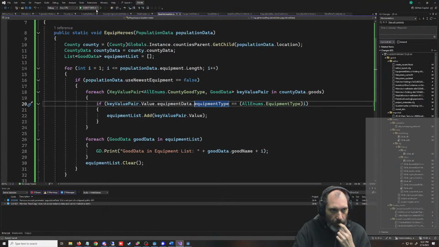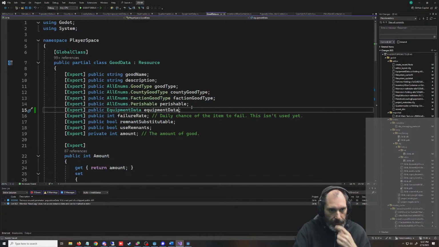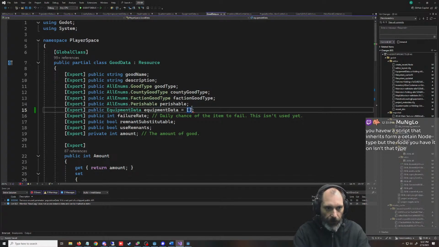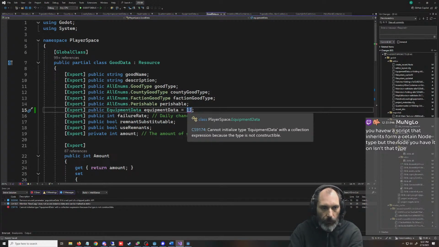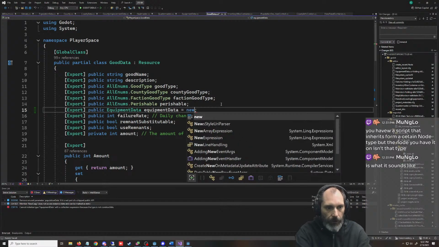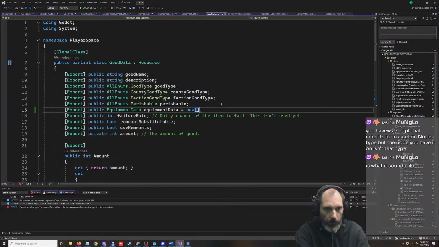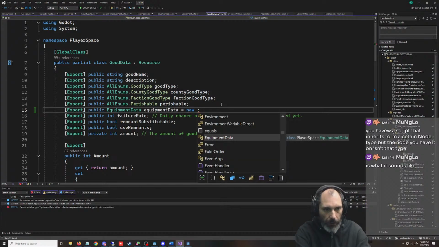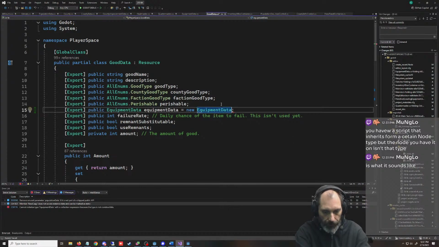If we go back to our goods data, can I do this? No. New equipment data, because it's a resource. But you're saying I can do this easier, different.